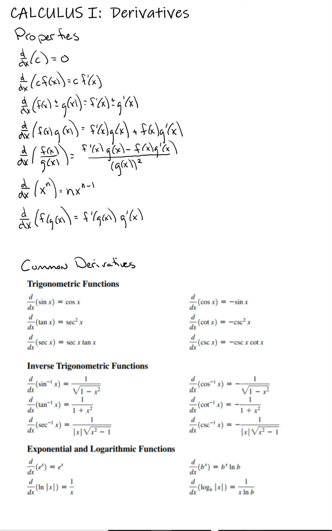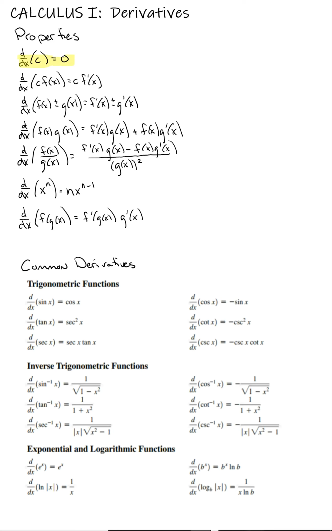Hey guys, this is Professor Janacek, and I just want to talk about some of the properties for derivatives. Now, I'm not going to prove any of these here, but there are some nice, elegant proofs using the definition of the derivative. So the first property is that if you take the derivative of a constant, you simply get